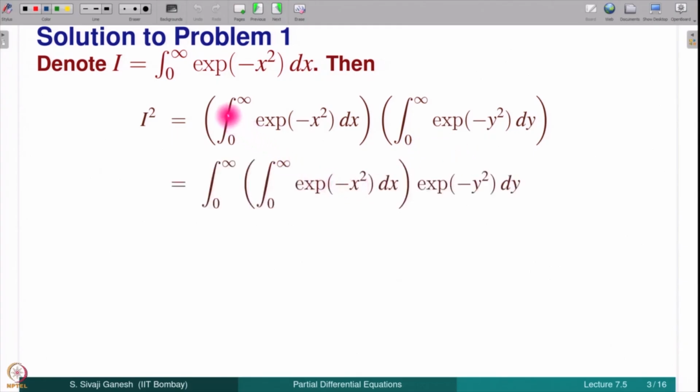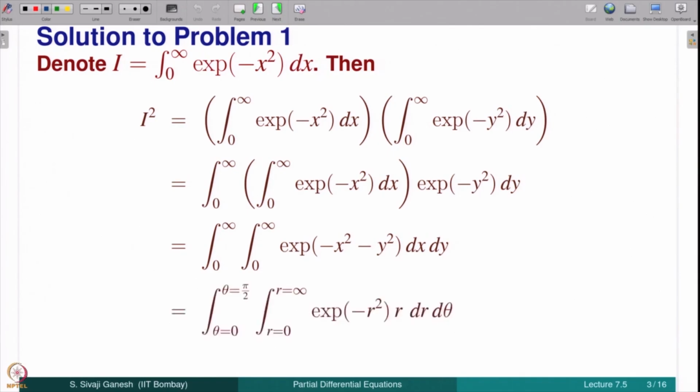Now what I do is that I take this quantity inside. Actually I am assuming that this is a finite quantity and that is why everything is fine. So I take this inside and I get this. Now this is nothing but the integral from 0 to infinity of e power minus x square into e power minus y square, which is e power minus x square minus y square dx dy,